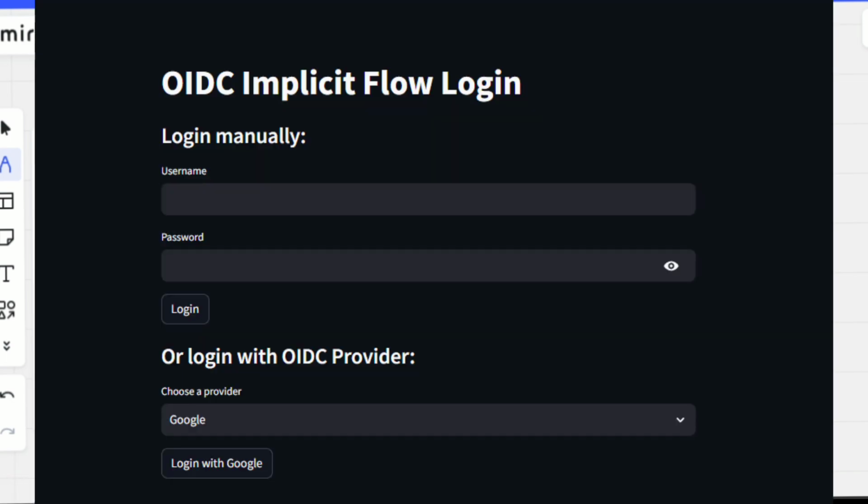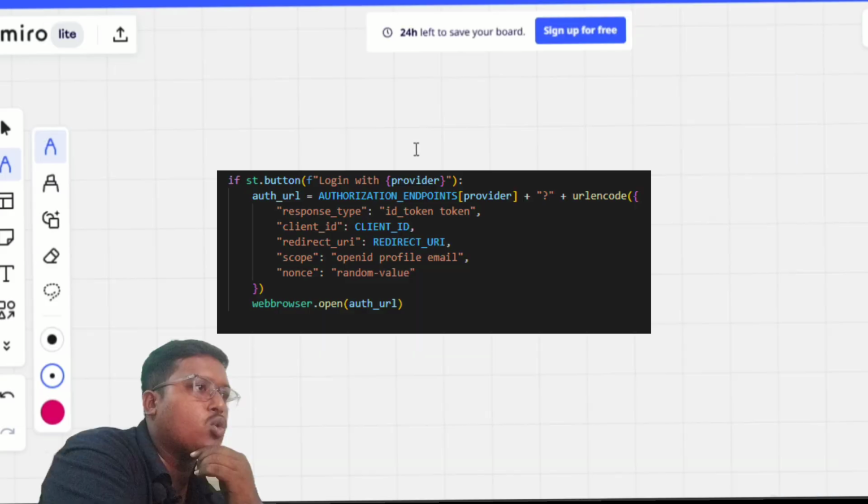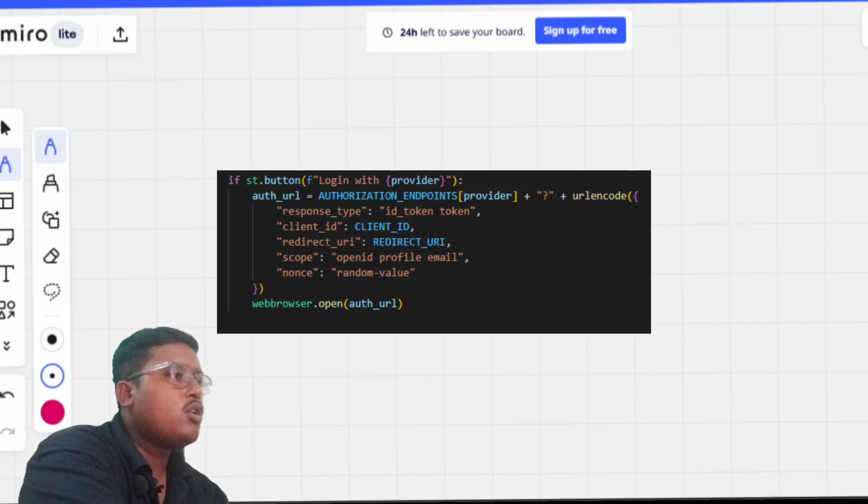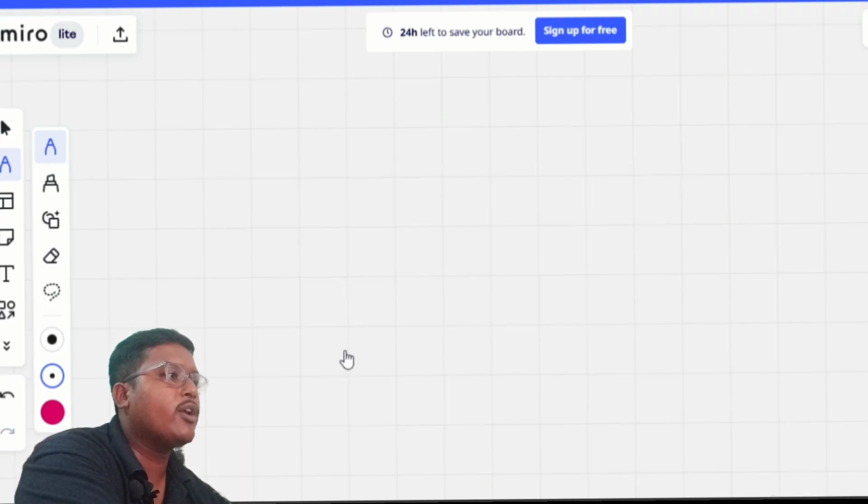So I made a simple Streamlit app in which I am making a request at the authorized URL of the IDP, in which I send response type equal to token. Why token? As I already told you, because we are using implicit flow. Apart from it, client ID, redirect URL, and in this case we will send openid, profile, email. In nonce, we will send a random value, anything you can send here. Okay. So for now, we are going to